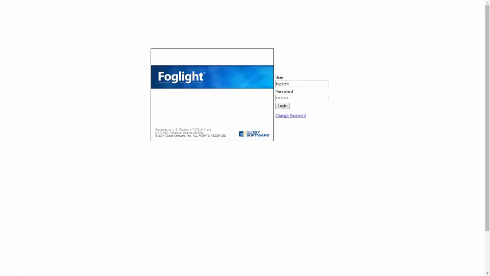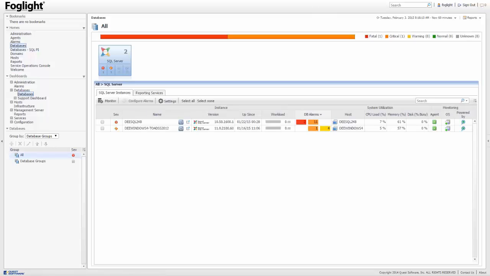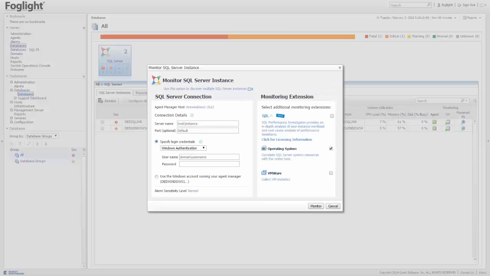To add agents, log into the Foglight web console with your Foglight user and click on Databases to access the Databases dashboard. Click on Monitor and select SQL Server. The Monitor SQL Server Instance Setup GUI should display in a simple mode format, requesting the needed setup configurations for